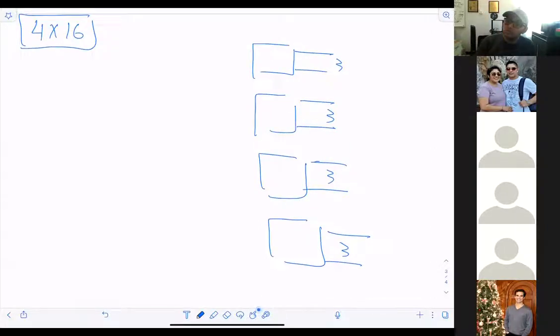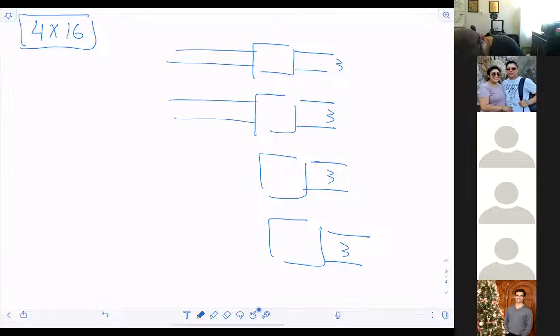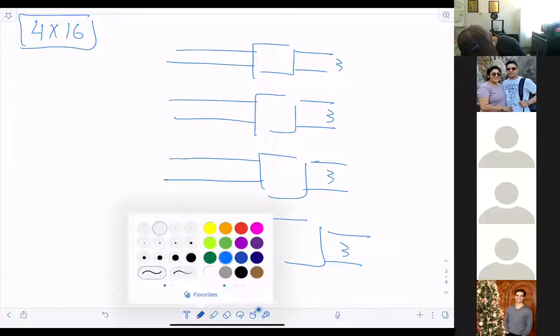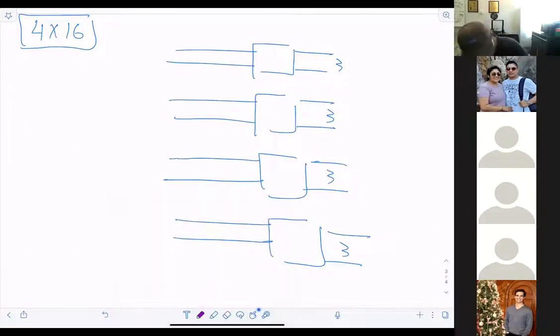Make sense? Then 1, 1, 1. Those are the 2 bits, right? The first 2 bits, basically, right? So if I go like this,